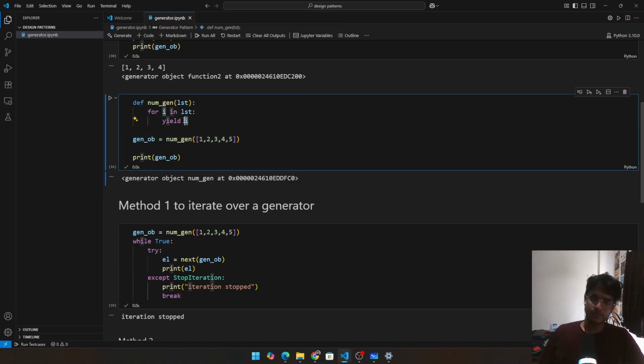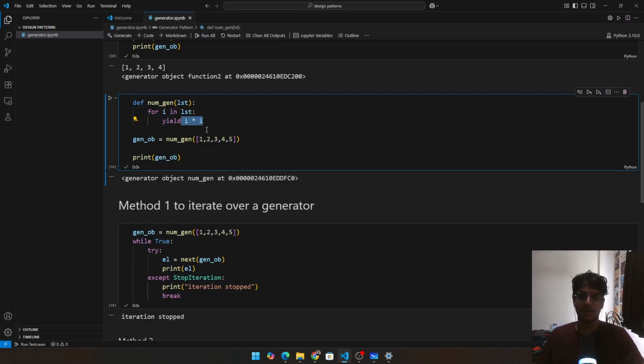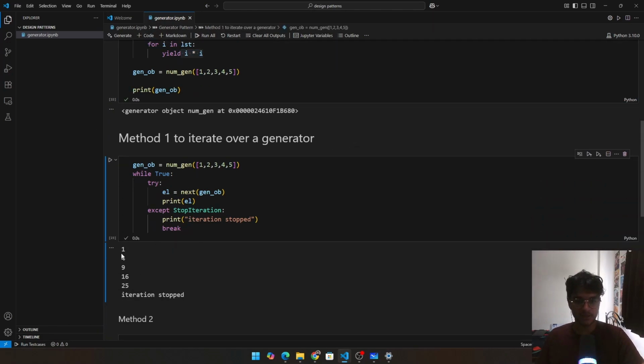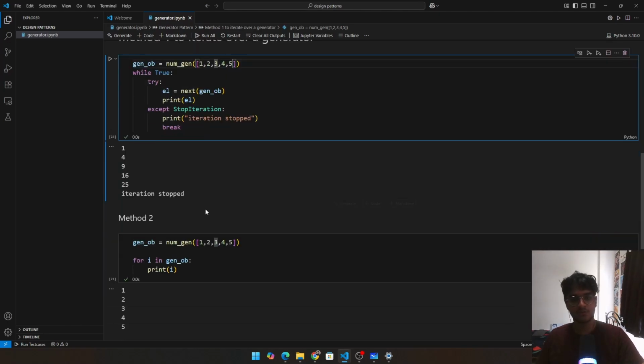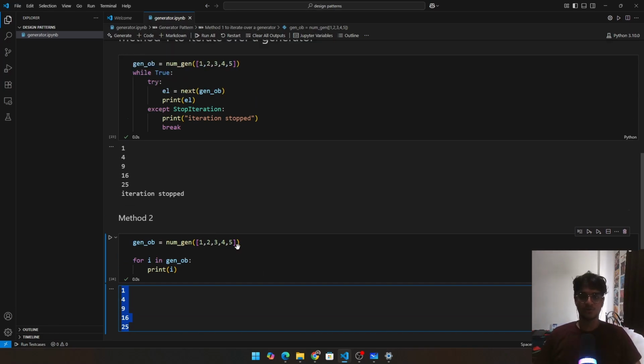You don't have to just do yield i, because you can actually change this to anything you want. I'm going to say i into i. Okay, let's create a way to square every number and use a generator for that. So I'm going to use this, iterate over that. You can see that 1, 4, 9, 16, and 25, which are the squares of 1, 2, 3, 4, 5, is generated the same way I do here. You again see that the squares are generated,